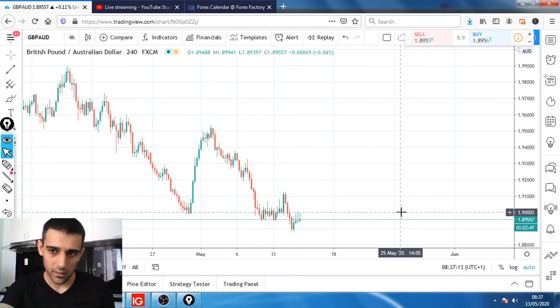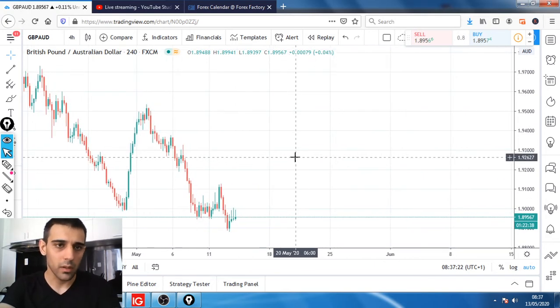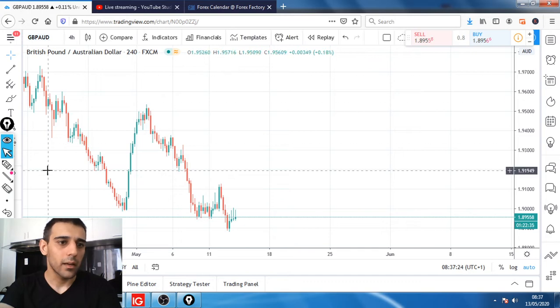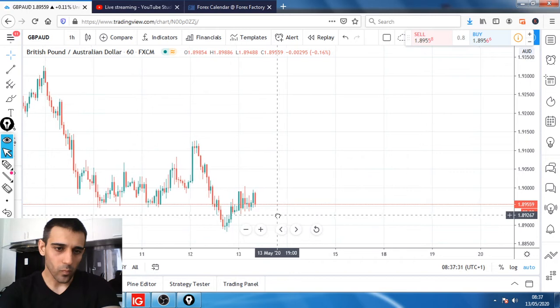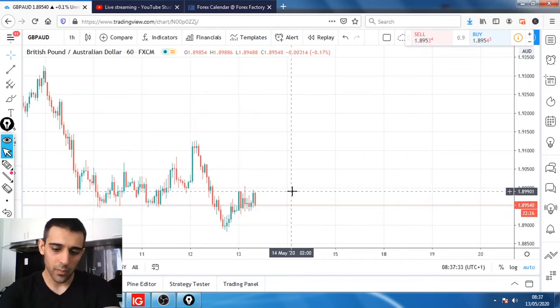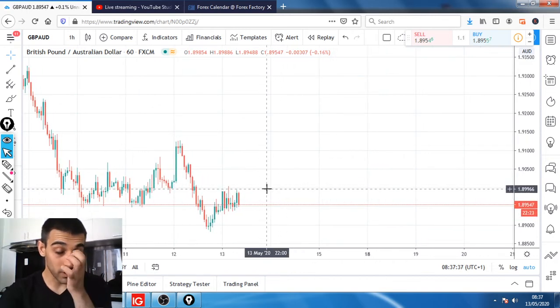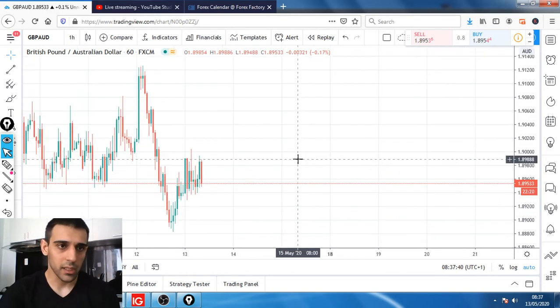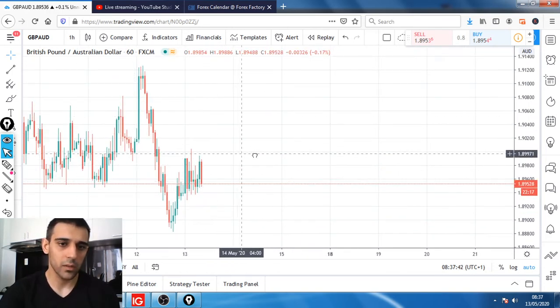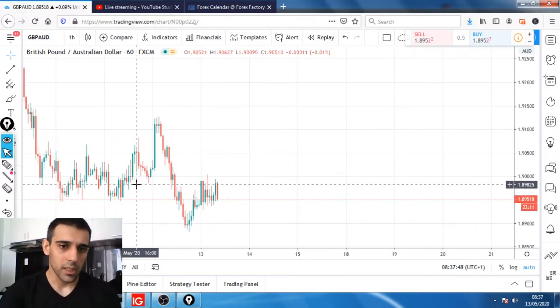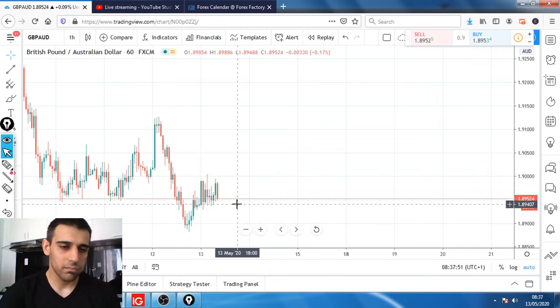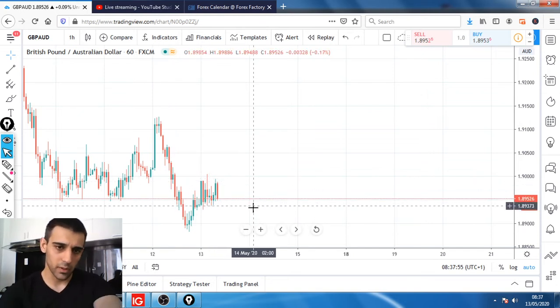And to see this one as 199.55. Oh wow! So the price already tested this one. Okay, I can't really find the entry in here, because price already did all the moves for the potential to get into this trade. I haven't really looked at the British pound against Australian dollar before, I mean today. But it already did most of the moves for the entry, so what would be a potential entry for the next time?